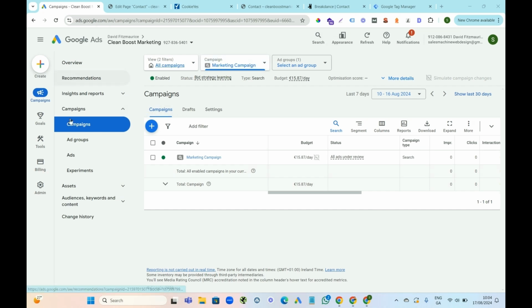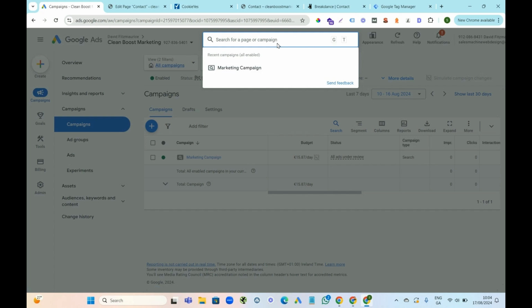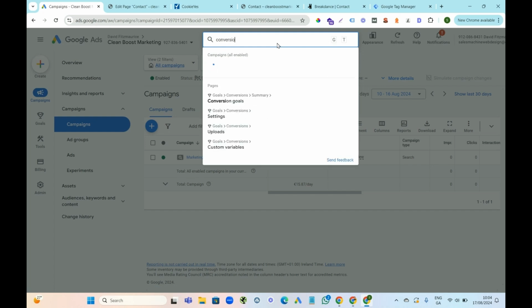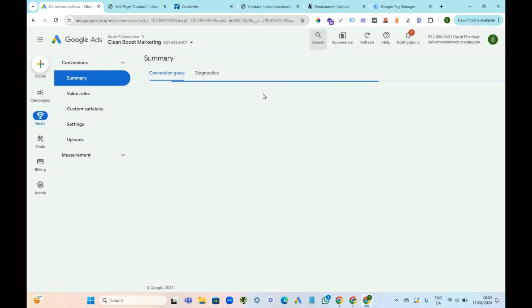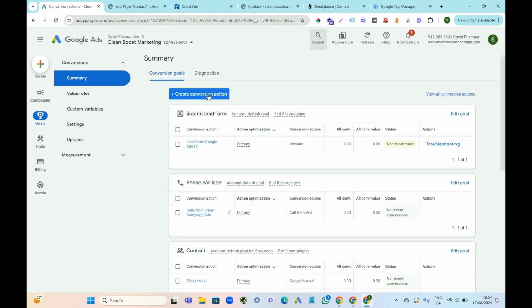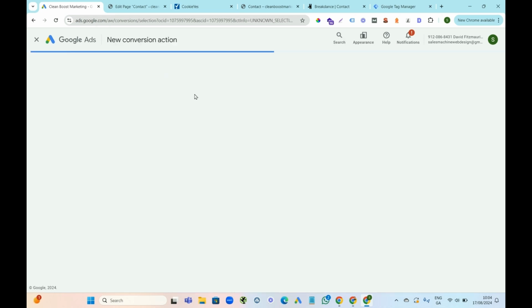So the first thing we're going to do is, this new Google Ads is a bit of a mess. So I just go up to search, and I just type in conversions, and we're going to go to conversion goals. And the first one we're going to set up is our calls. So we're going to create a conversion action, this button right here,